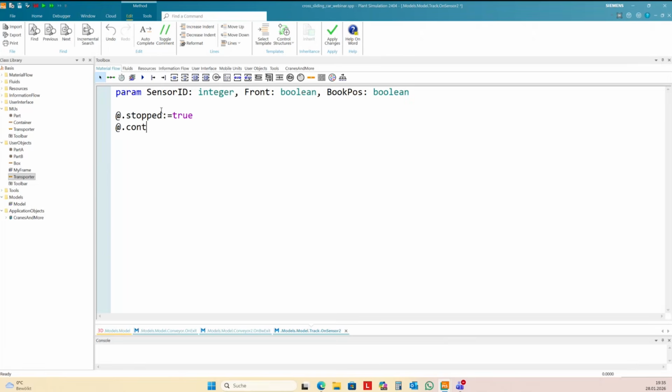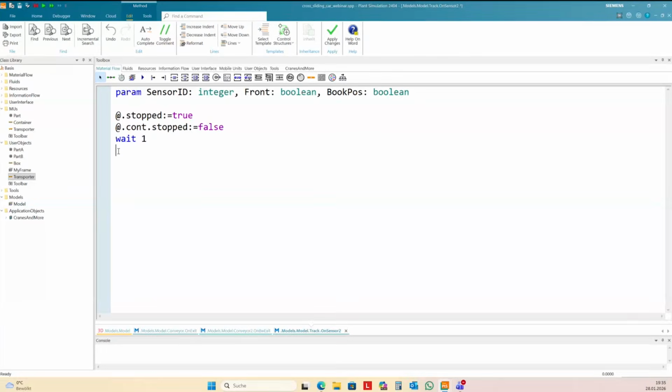I can access the part on the transporter with add.cont. And then I need to wait a little bit until the part has reached the end of the load bay on the transporter. It's hard to observe. We can create an exit control on the load bay to create a sensor signal for this.